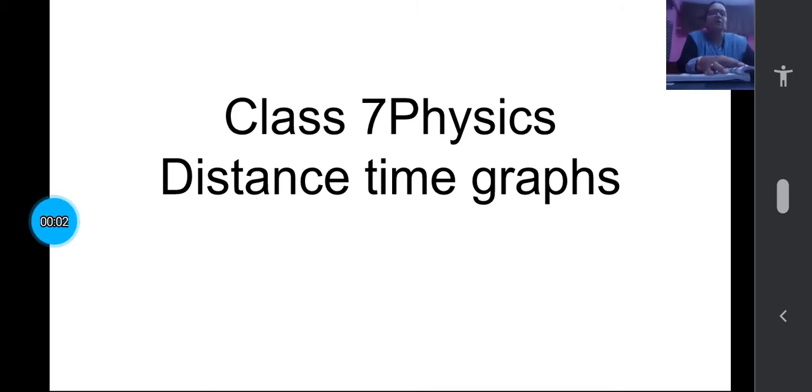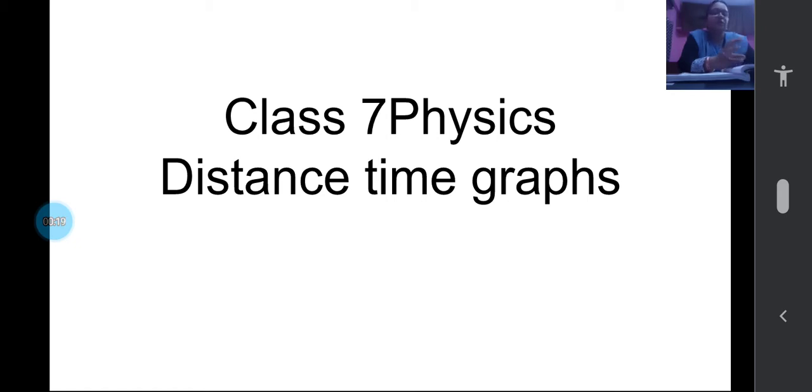Good morning, children. Let us continue learning about the types of motion. Today in today's class we are going to learn about the distance time graphs. By learning about the different types of motions,